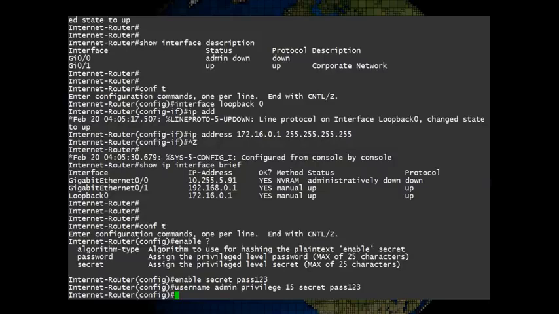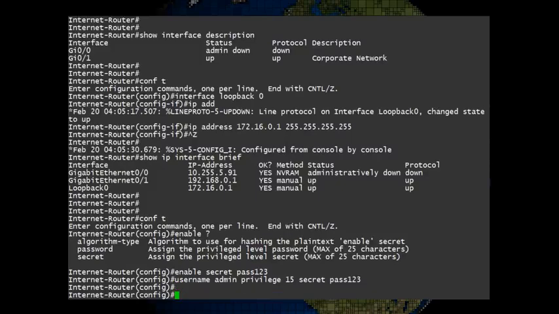Okay, for the next thing, Cisco devices have virtual terminal lines, and we can connect to those with our terminal emulator. They're like that console port that we're connected to right now, but they're virtual versions. And we can use those to connect to the router over the network. Anyway, we need to configure these to allow remote logins. It's very much like configuring an interface. So enter in line